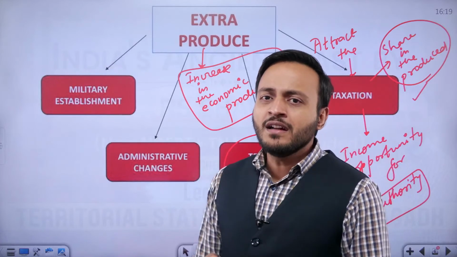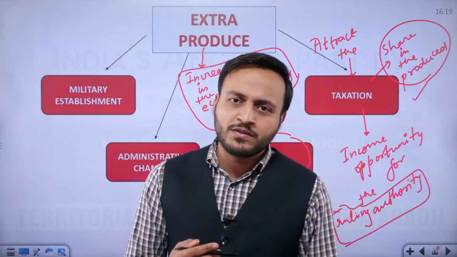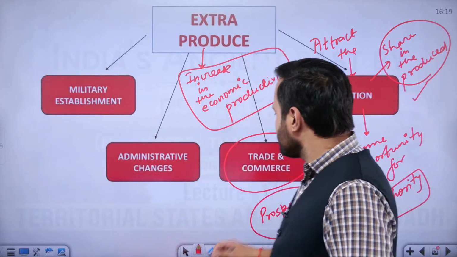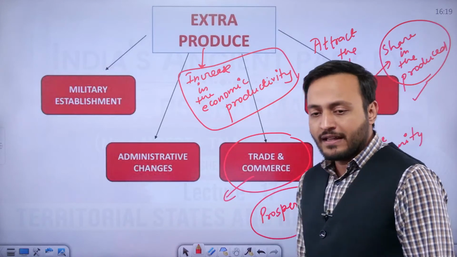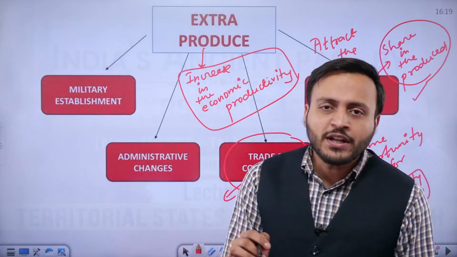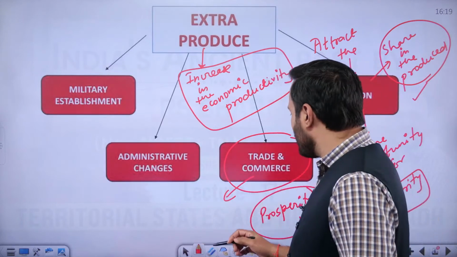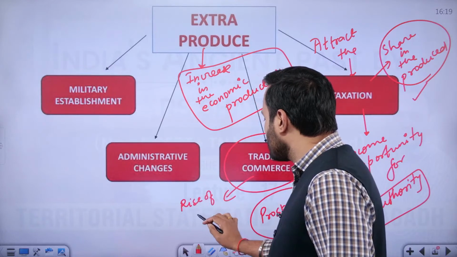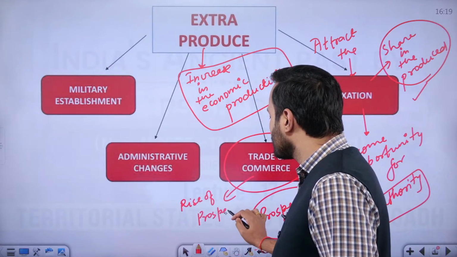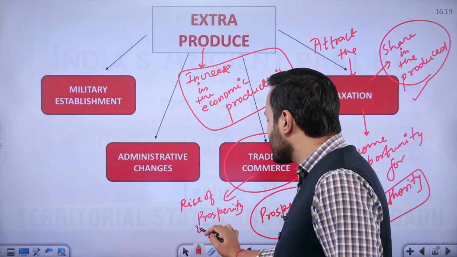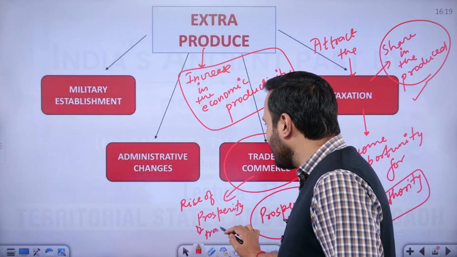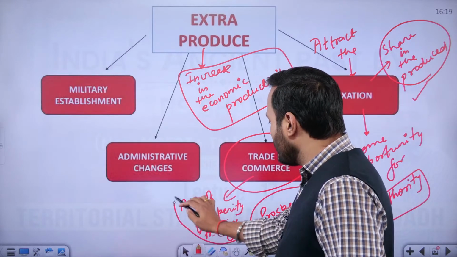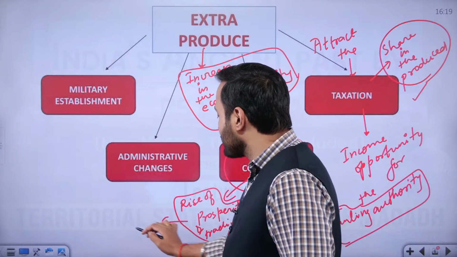The same case was happening with the food producers or the food grain producers during the age of iron invention, and that food grain production which was excessive was put into trade and commerce, resulting in the rise of prosperity and development of the trading centers. All right, everybody. So trading centers which became the markets,